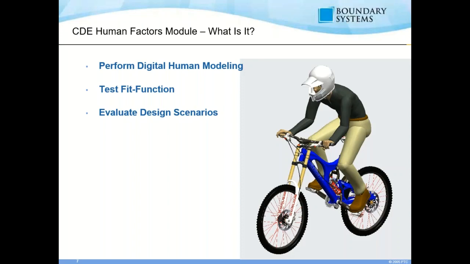And then be able to test the fit and function of your model with a human on top of it. If they're supposed to reach a certain item, can they reach that? Or if they're supposed to be seated in a certain configuration and be able to see something,